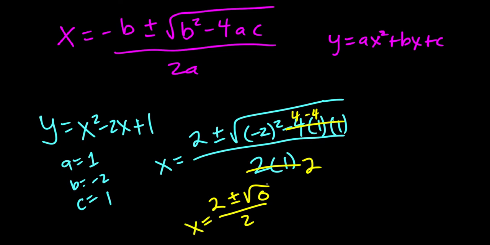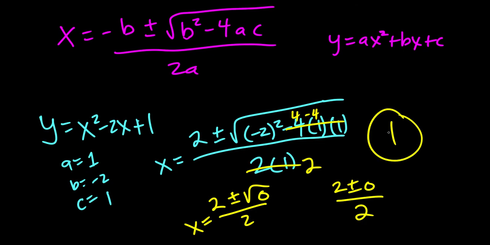Okay, now the square root of 0, or whatever 0 times 0 is to make that, is 0. So we get 2 plus or minus 0 over 2. But if we add 0 to 2 or we subtract 0 from 2, it doesn't do anything, and so we only have one answer. Now actually what happens is we still have two roots, so we have 1 or 1,